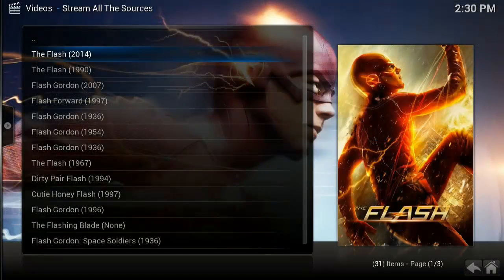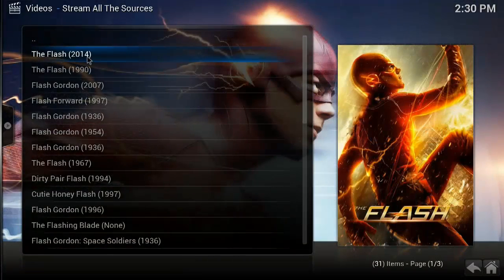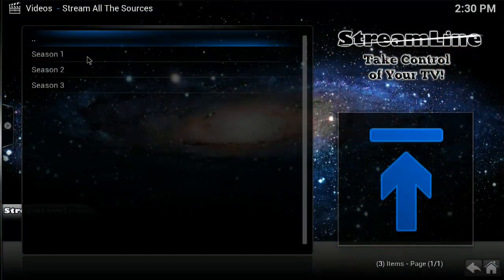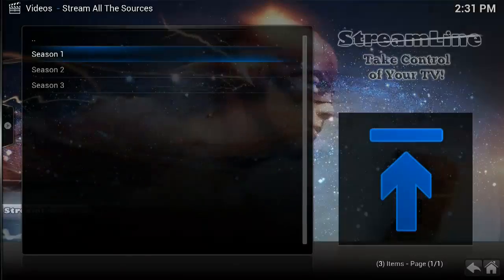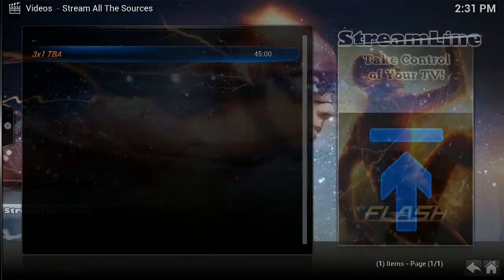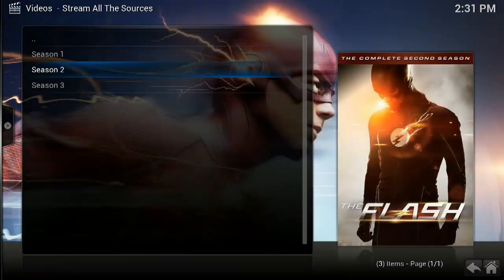So you'll see here it says Flash 2014. That's just the year that this particular TV show started. So if you go into that, you'll actually have all the seasons since then. And so if we go over to season 3, which is the current season at the time of this, oh, actually no, it's in orange, so it hasn't started season 3 yet. So we'll go to season 2